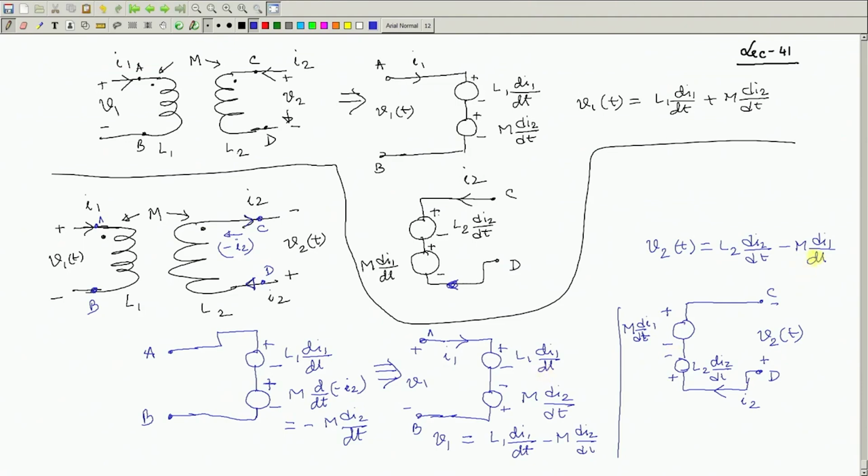Once you are accustomed to this one, you need not go through all the steps. Mentally, you can write down correctly the polarity of the voltages induced due to mutual inductance and self inductance, whatever be the direction of current chosen and things like that. That is what I told. And next,